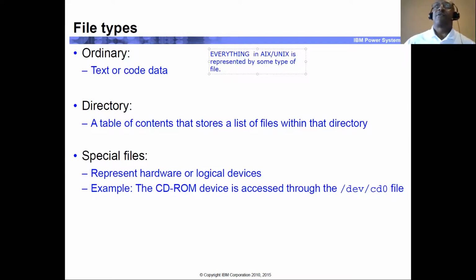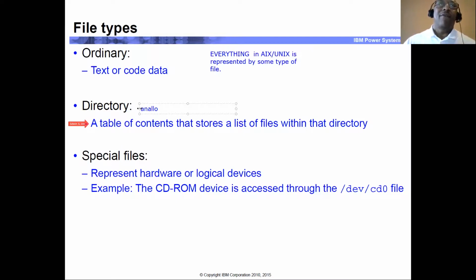All right. So we look at the construct here of our different file types. We have, for example, ordinary files, directories, and also special files. Okay. Now, an ordinary file is just simple text or coded data. Files exist within the structure of a directory. And they simply say here, a directory is a table of contents that stores a list of files within that particular directory. Now, again, for those of you who are old enough, you might remember file cabinets and such. We can kind of say, for example, a directory is analogous, if you will,